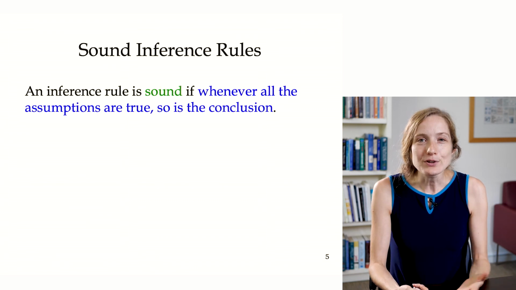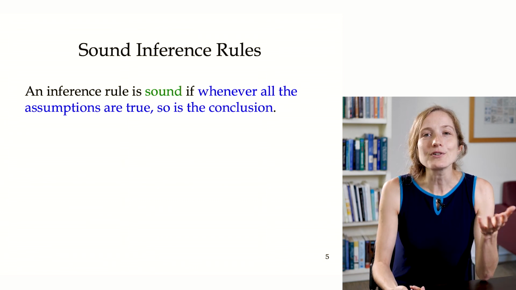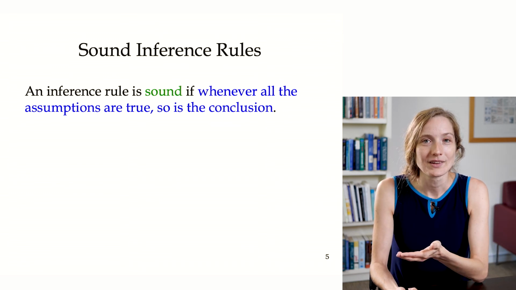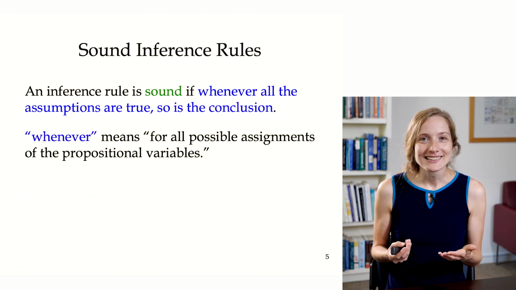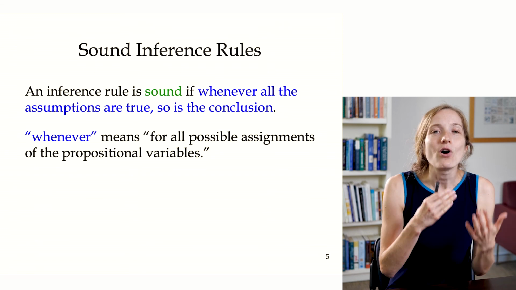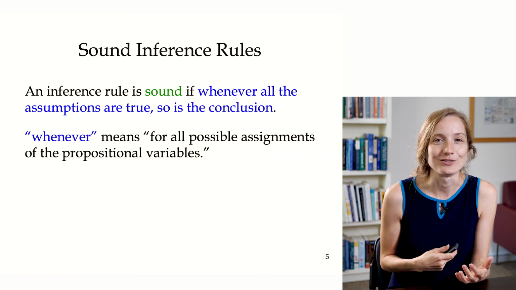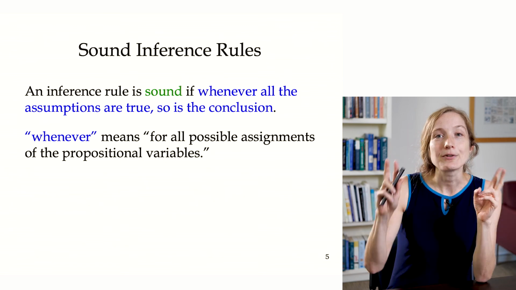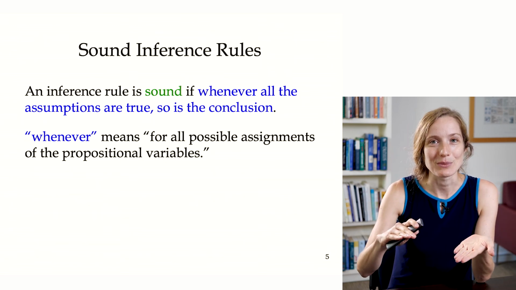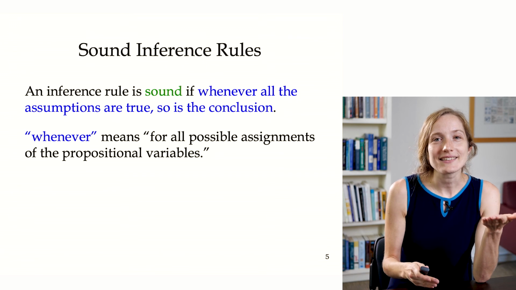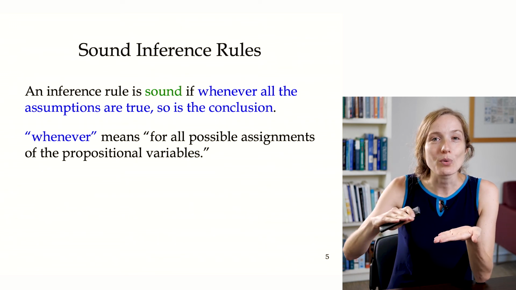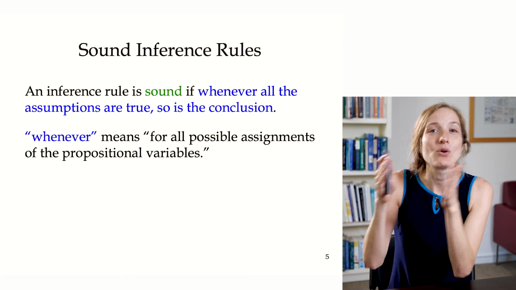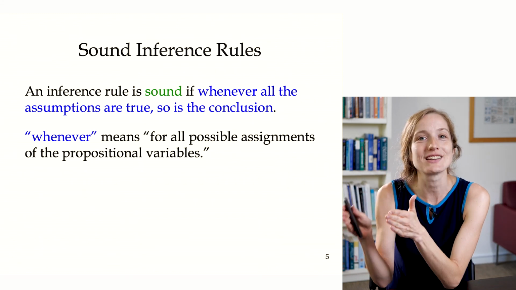Formally, an inference rule is sound if whenever all of the assumptions are true, then the conclusion is true as well. And what do I mean by whenever? This is in terms of all possible assignments of the propositional variables. If you're thinking about this in terms of a truth table, every assignment is one row in the truth table. And being sound is saying that for each row in the truth table such that all of the assumptions are true,